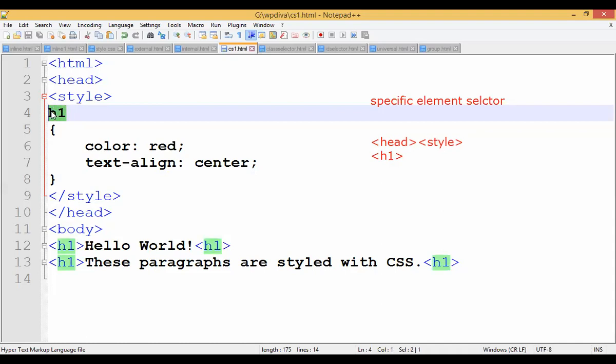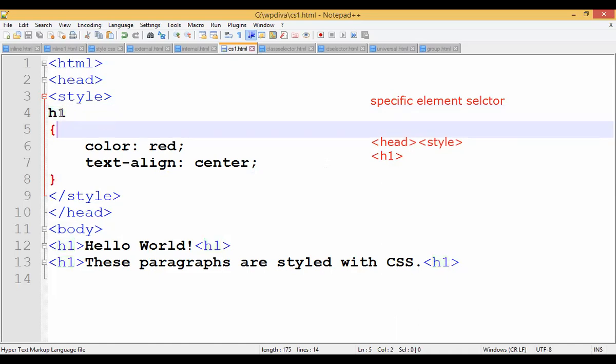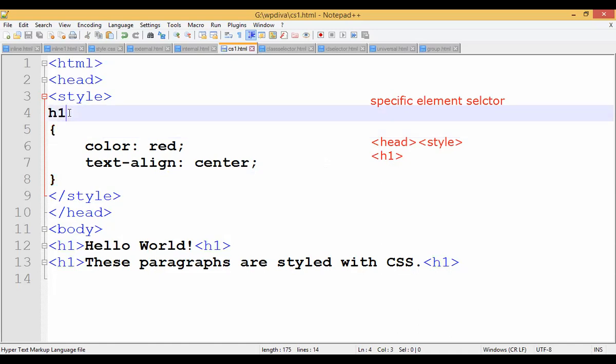And here remember guys, for H1, you have to give the tag names only. You cannot give any other names. What is the other rule? You have to give the tag names only in the style tag. You cannot give H2, or anything like Sneh or Shruti or Kavya. You cannot give any other names here, right? So you have to compulsorily use tag names only. That is a rule. If you want to apply to H1, use H1. If you want to apply to body, use body. If you want to apply to table, use the table tag. If you want to apply to a paragraph, use the paragraph tag. So that is the rule.